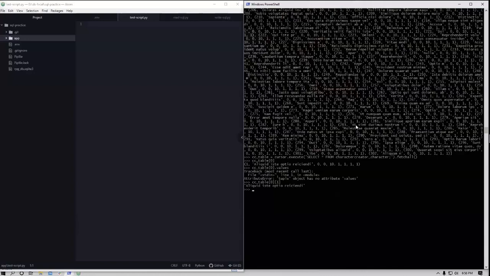So if I were to do for value in this tuple, print value. Oh, nope, that's not going to work. I'm dumb. For value in CC table. I was trying to be creative with names, but then I realized that's not going to work. I get all of the values that are coming out of this tuple.